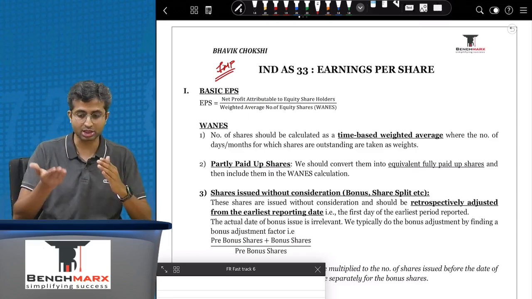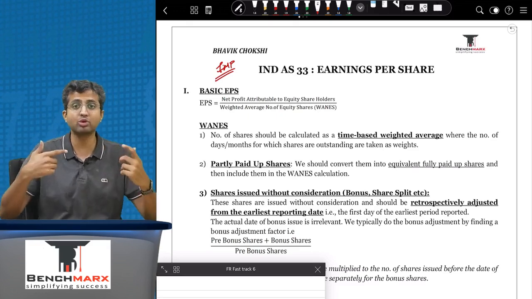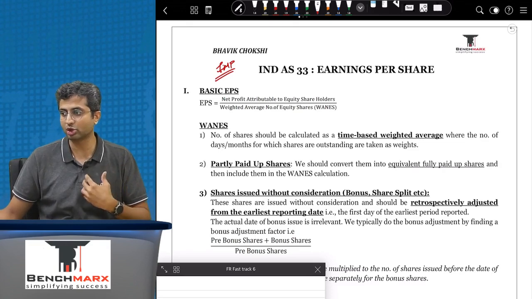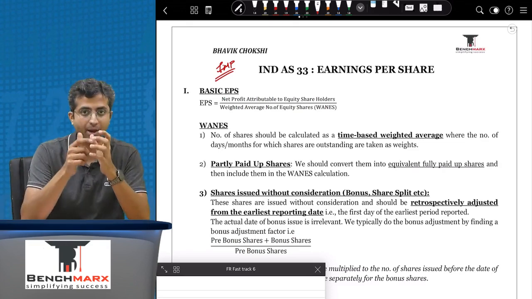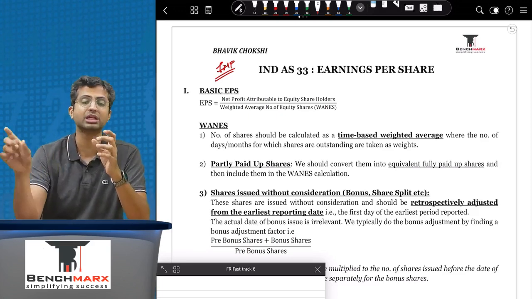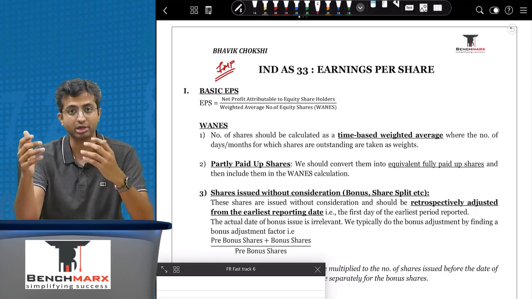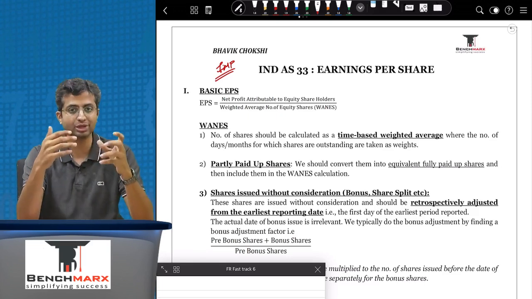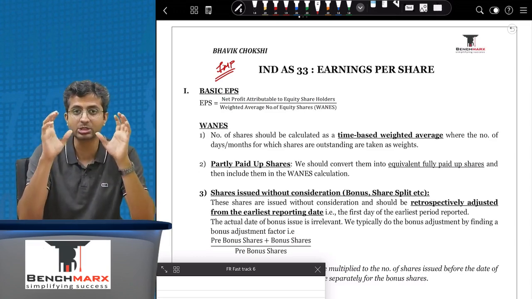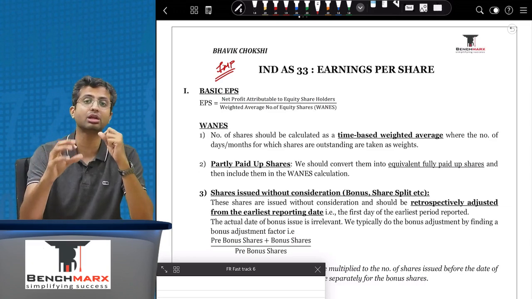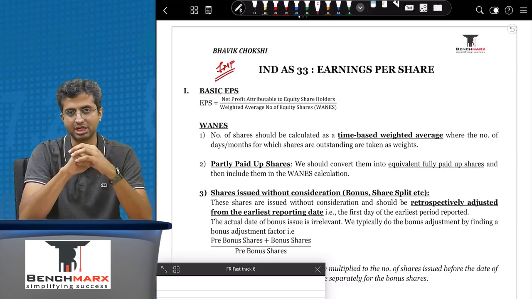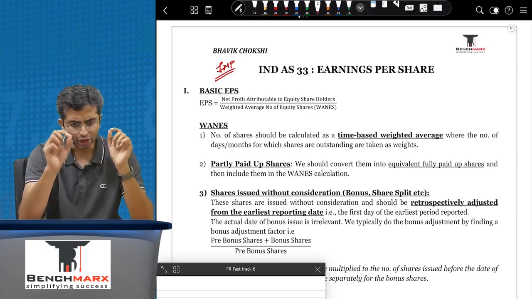All else remaining constant, if you manage to do business in a way that you increase your sales, you reduce your cost, and as a result your EPS goes up, say your EPS becomes 20, then your market price will become 20 into 10 times the PE ratio, and hence 200. And hence EPS provides that direct bridge between your company's financial performance and the company's market price performance. It is such an important number that the standard mandatorily requires you to show this on the face of the income statement. So at the bottom of the income statement of companies that you audit, you will see EPS